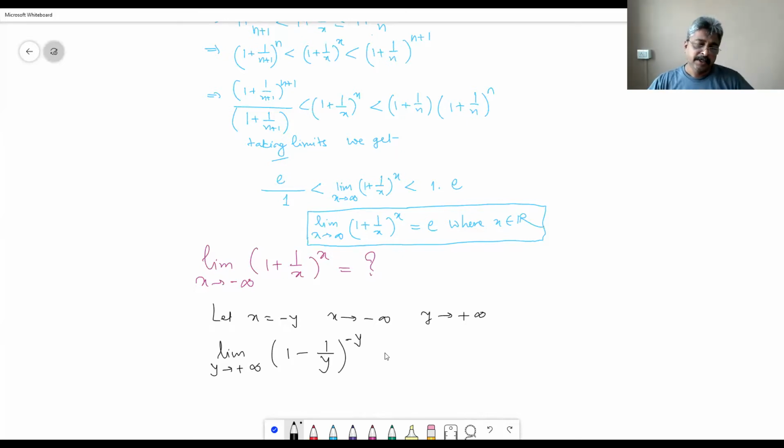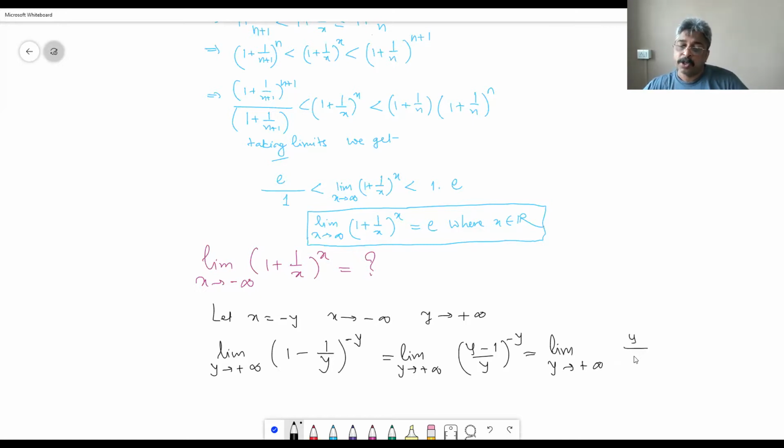Is that correct? Which is equal to limit y tends to plus infinity, y minus 1 upon y raised to minus y, which is equal to limit y tends to plus infinity, y upon y minus 1 raised to y, which is equal to